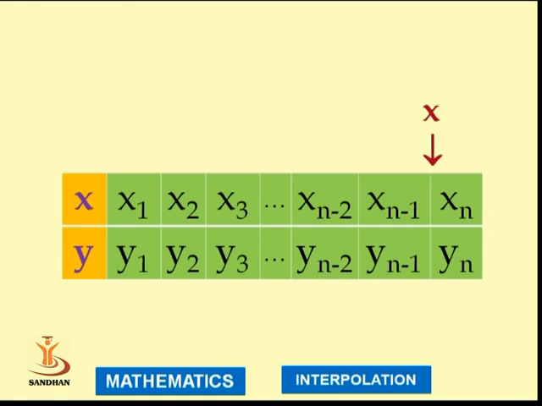So when the point for which y is to be computed lies in the upper half, it is always advisable to use forward differences. The reason is you get more values which can be put into the interpolation formula and more accurate results can be obtained. Whereas in case of the point lying at the lower half of the table, we use backward differences, because if you remember your backward